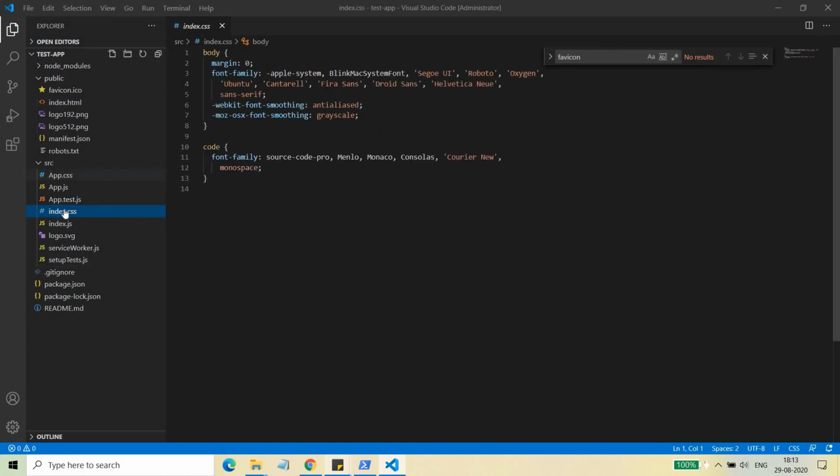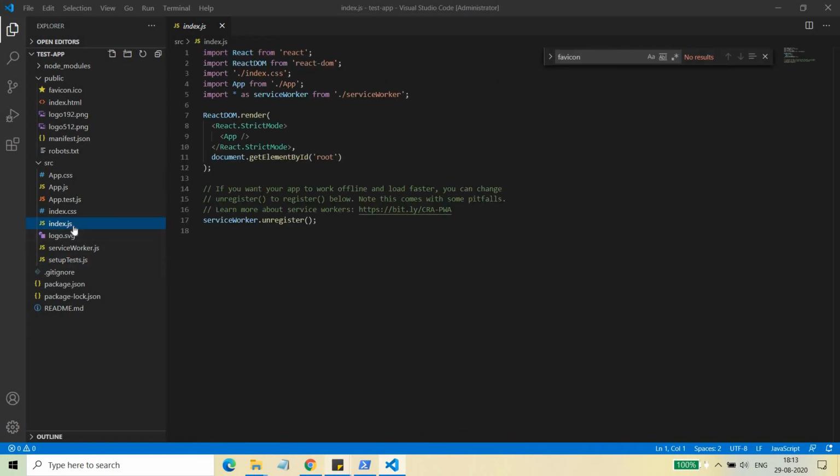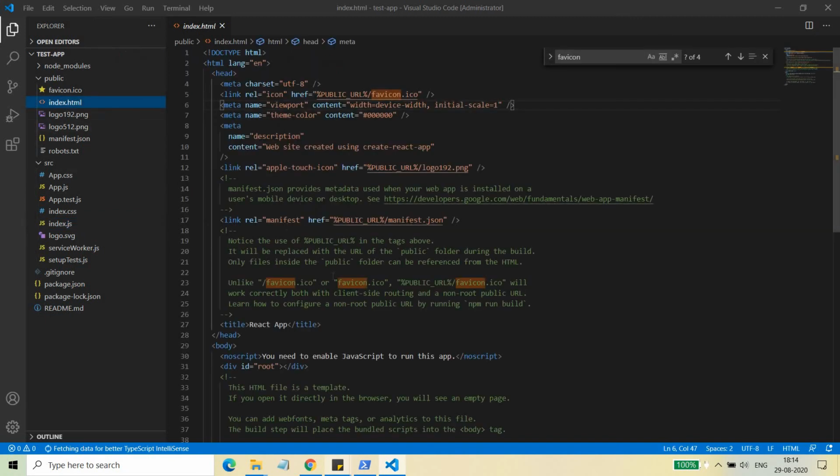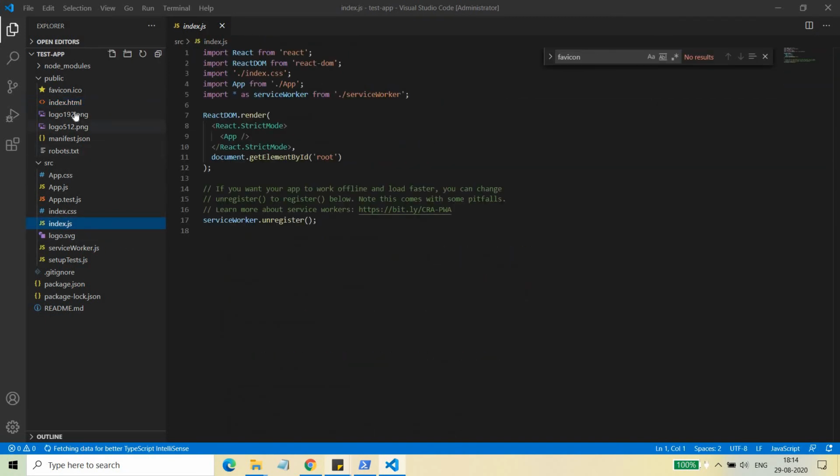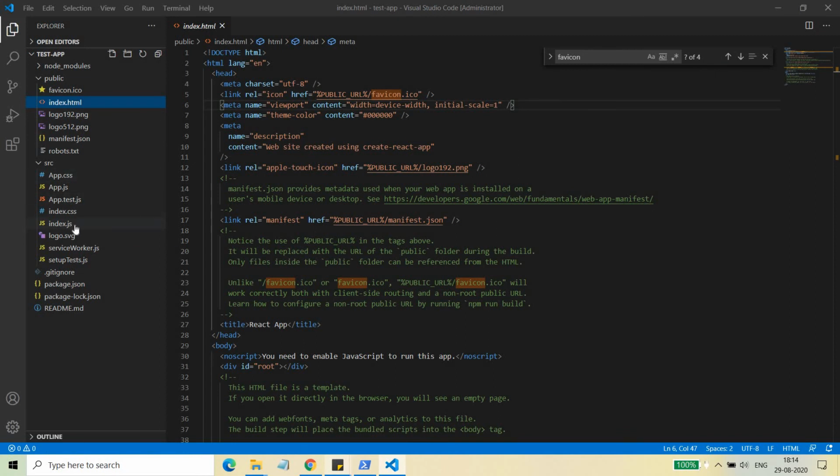And this index.css is not the global one. This is for this index.js, the internal index.js. As per this internal index.js, this index.html will be updated. From here, you update this index.html. How you do that, and how these things are done, how you run your application, I will tell you in the next video, right?